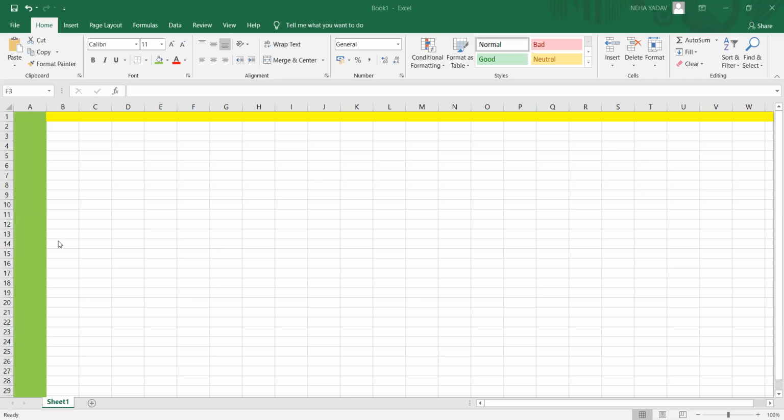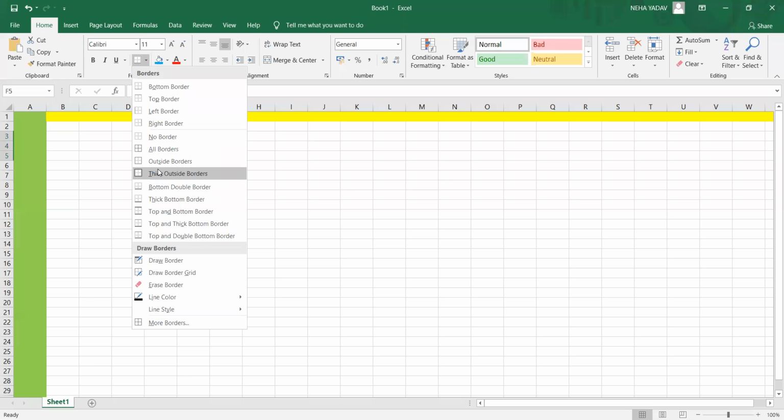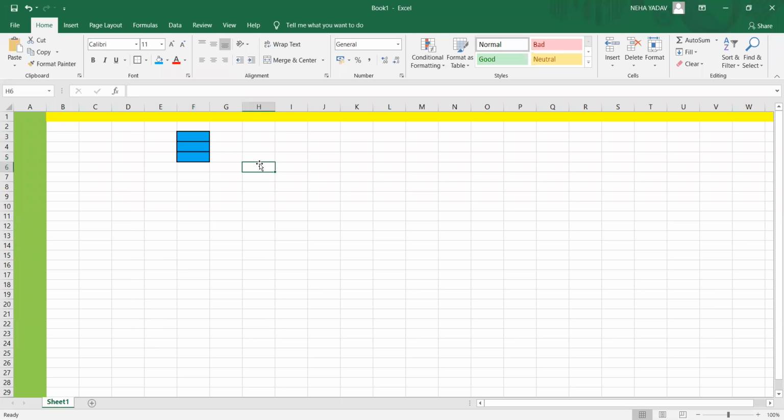Next, beta, the data is automatically recalculated in the entire worksheet if any change is made in a single cell. Now for example, I'm just coloring three cells, this and this, the color sky blue. So I'm giving these three cells, I'm adding them. Now you can see it. I have defined borders also.